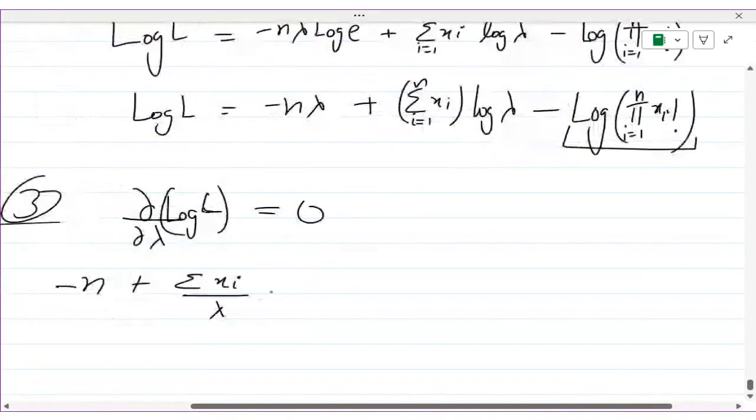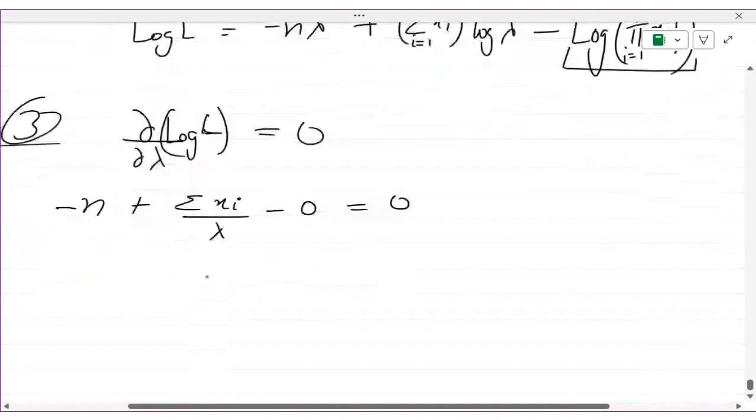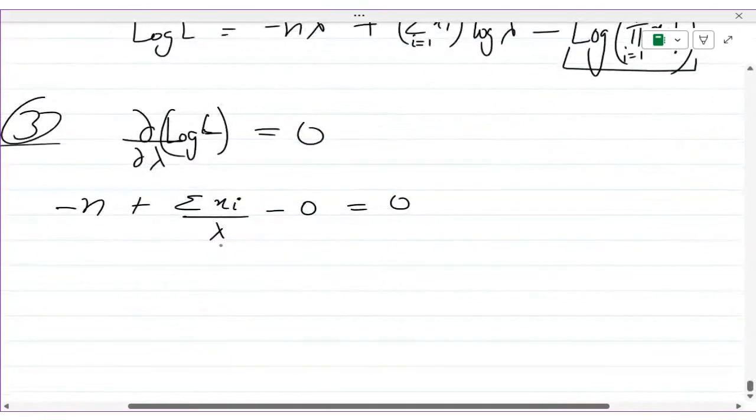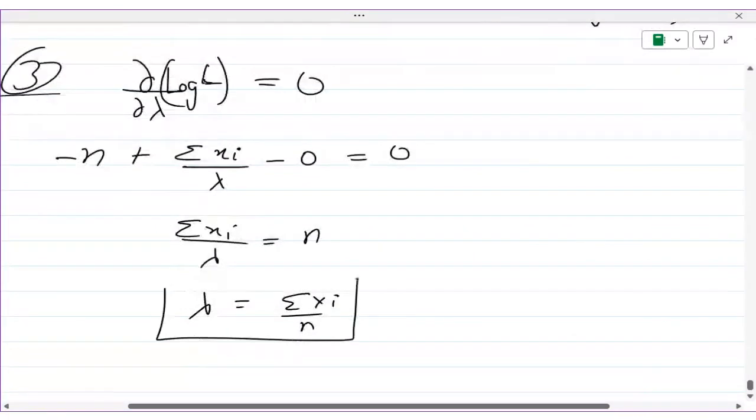So minus 0 equal to 0. So from here we will find the value of lambda. So lambda is the sum of xi upon lambda is equal to n, or you can say lambda is equal to sum of xi divided by n. So if we take this lambda as sum of xi upon n, this will be the maximum likelihood estimator